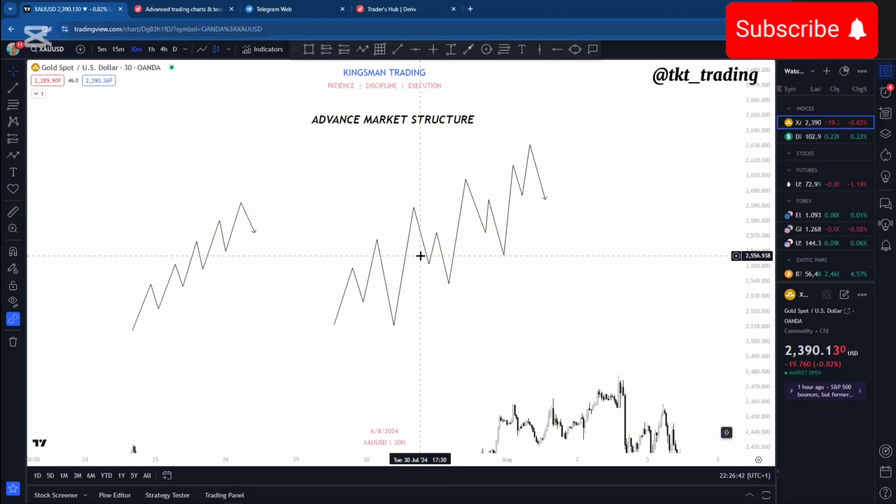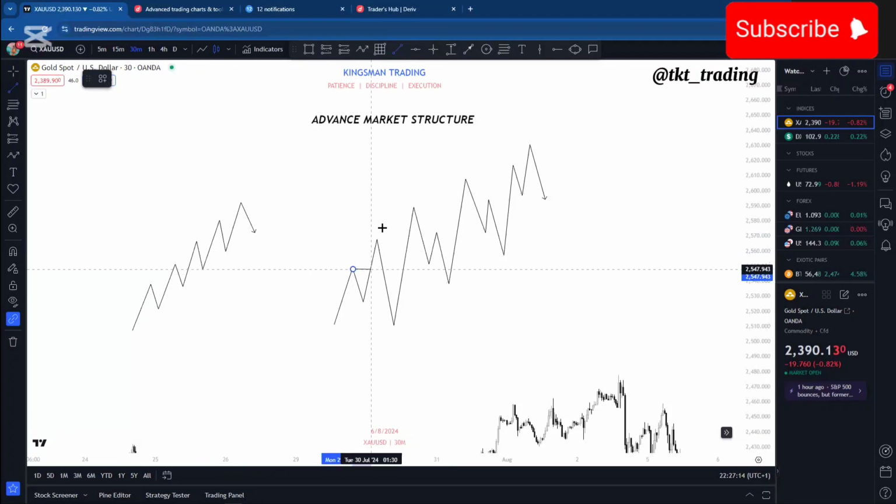Just like for most of us here that have cars, before you can actually drive your car, you need to put fuel in the car before that car can actually move. That's just the same thing with this forex market. Liquidity is what moves the market. Liquidity is money. So every high and low that you see in this particular market contains liquidity. So now, let's say for a normal price movement, for an uptrend market like this, price actually creates